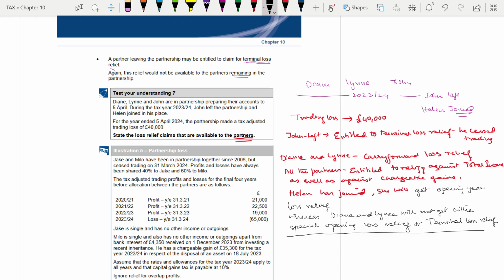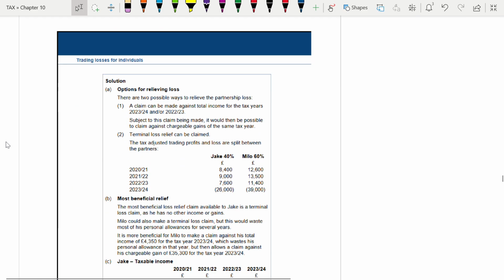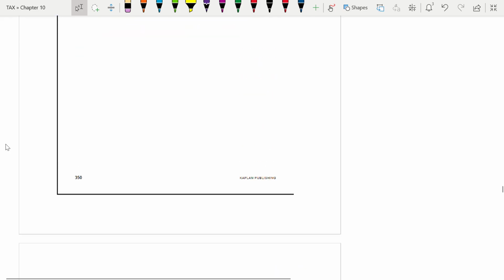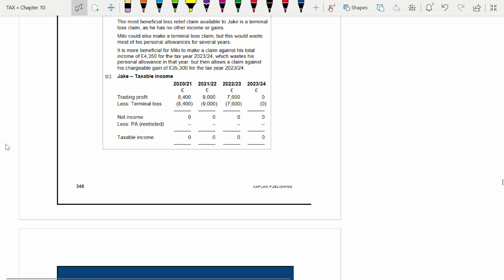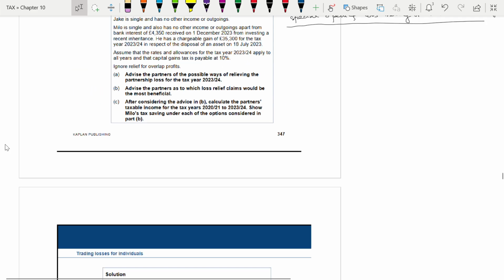Yes, sir. Simple way. Where there is difficulty I will tell, where difficulty I will ask you. Is the difficulty challenging? Then you will also respond, and I want that assurance, so that I can know where I want to focus more. Milu and Jake, it is an illustration. It is the answer given in the illustration. Fine, we will do it. It is only an illustration. We will quickly go through it.